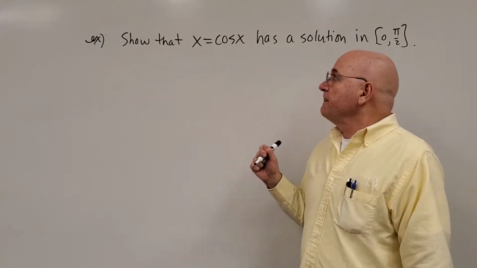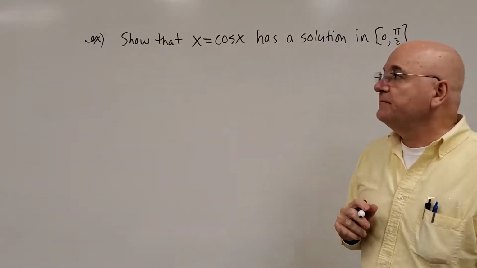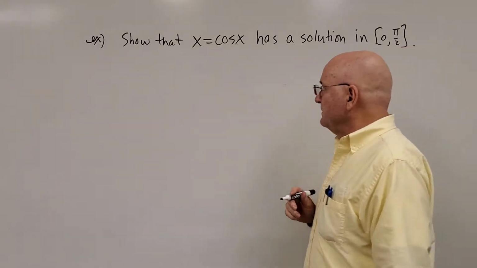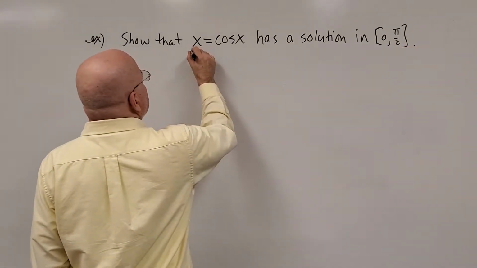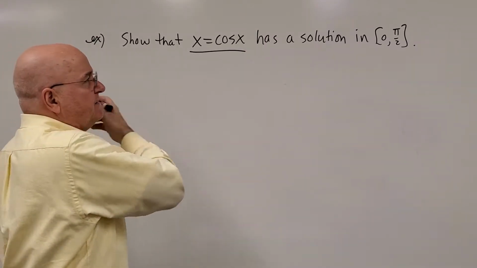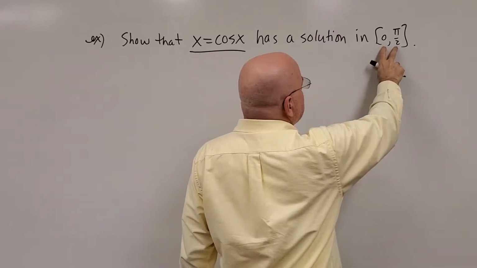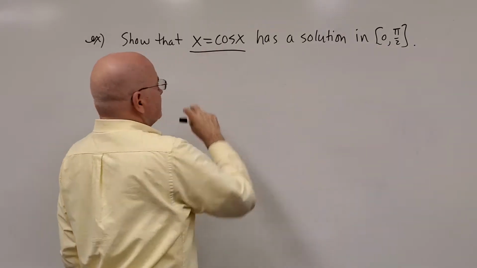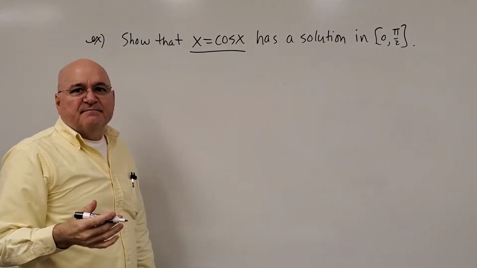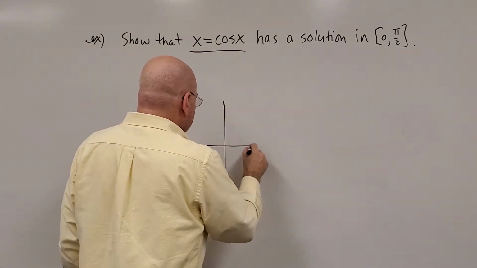Well, this example may not look like the theorems we've talked about will apply to this, but we'll show how, in fact, they will. Let's show that this equation, x equals cosine x, has a solution in this interval. So some value of x in this interval will make this a true statement. And I think we already know that that's true because